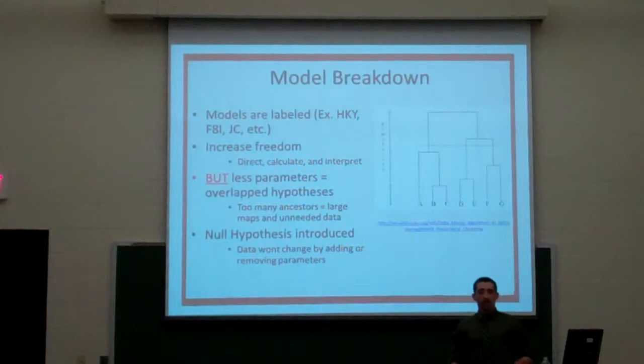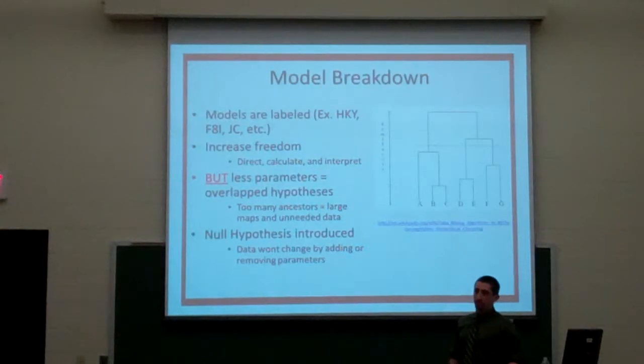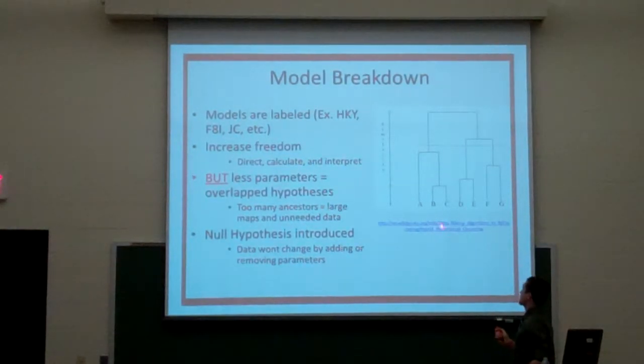Now, models within studies are labeled specifically, so these are examples of the HKY model, FAI, and JC. When you're reading a research paper, you'll see that they say use the HKY model. Now, this is just an example. The HKY model is very large, but say the HKY model just includes these. Now, the JC model might include all of these, and then the FAI could be a full